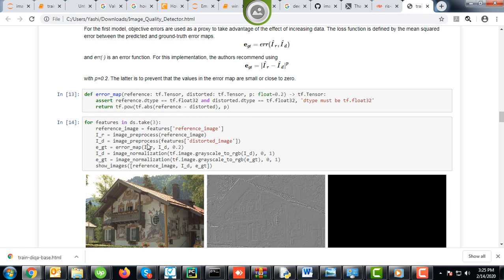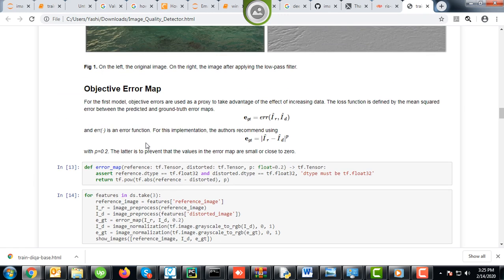Now the objective error map. For the first model, objective errors are used as a proxy to take advantage of the effect of increasing data. The loss function for these is defined by this formula which I have mentioned over there.